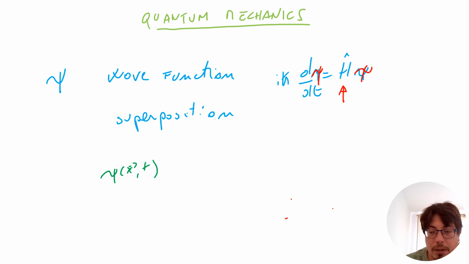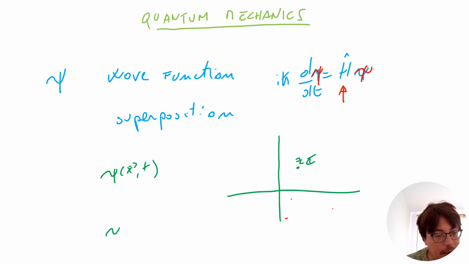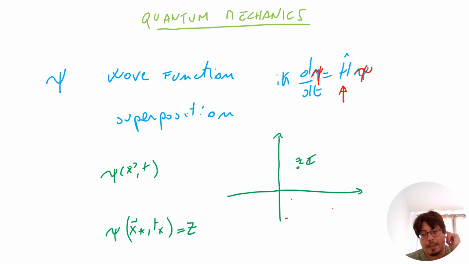So at any point in space and at any time you get a complex number, z, which is psi at that particular point. Let's call them x star and t star. These are two particular points, in space and time, and this is called z. So what does this tell us? At the moment it's not much, but if you want to ask the question,